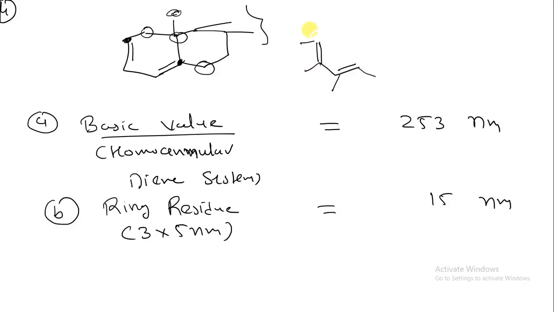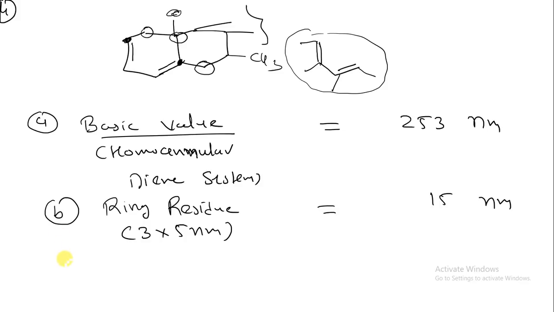If there is any substituent present on the parent chain, then I have to consider the substituent present in the structure. If there is no substituent present on the parent chain, I do not have to consider any substituent present on the ring. Suppose there is any substituent over here, I do not have to consider this as a substituent. Why? Because there is no substituent present on the parent chain. It is a substituent present on the ring, and it is not affected by this ring, or we can say the homodiene system.